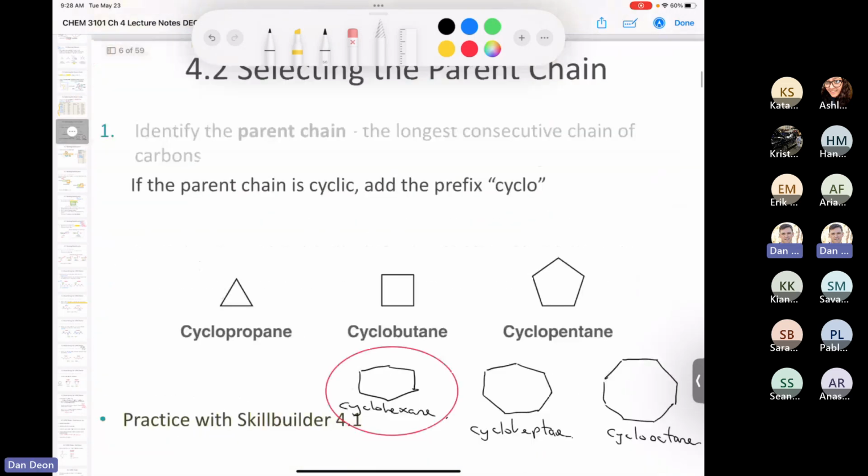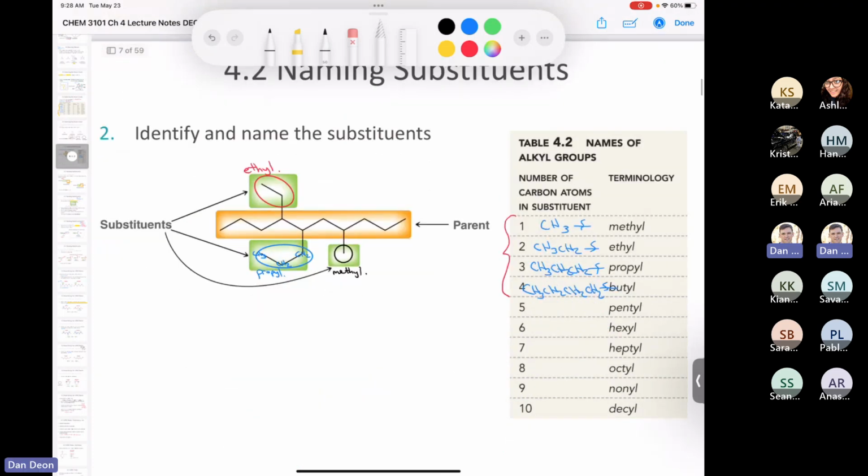Let's take a look. What was the next one we had? It was this guy here. Okay, which side am I going to start numbering from? The left-hand side or the right-hand side? I'm going to start numbering from the left, right? If I went from the right, I'd have 1, 2, 3, 4. Right here I have 1, 2, 3, 4. So I need a tiebreaker. 5, there's nothing there, and 5, there's something there. So I'm going to number it starting from the left.